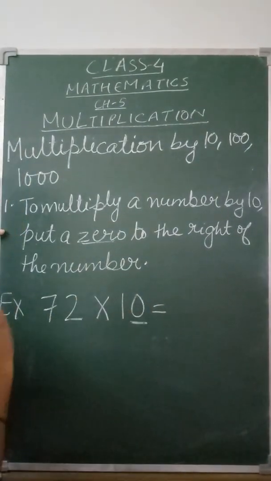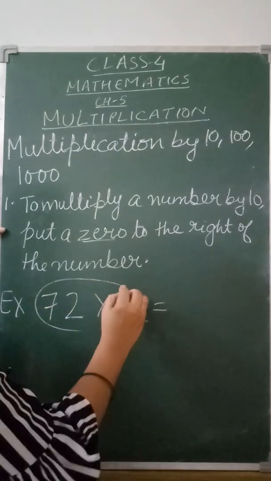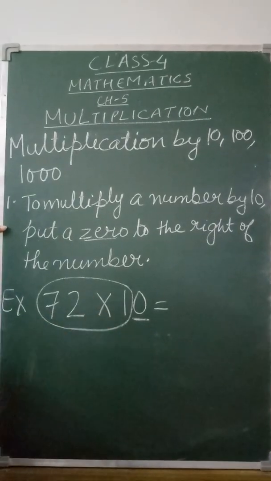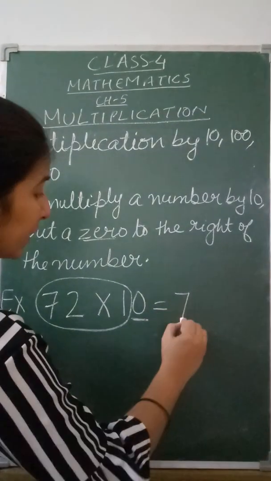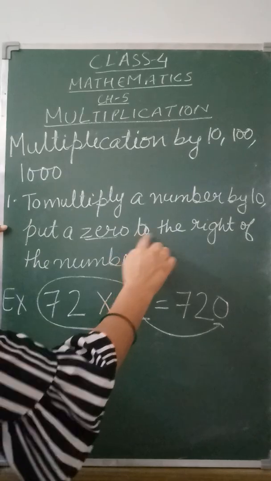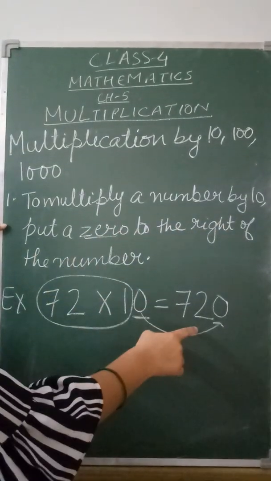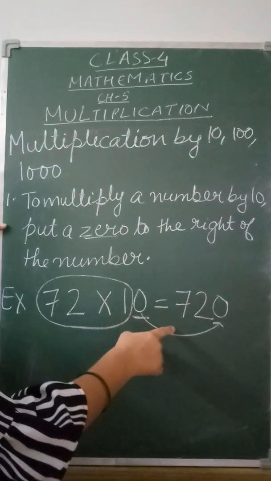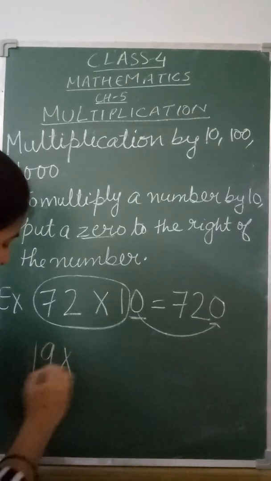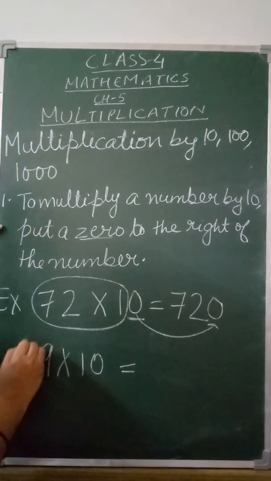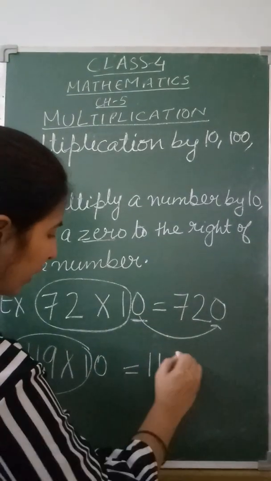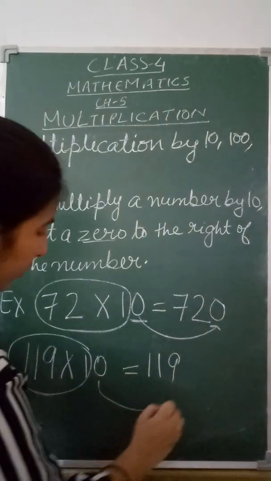Leave this number for a minute. You know how to multiply this number? In the property just now, I explained 72 multiplied by 1. When a number is multiplied by 1, what is the answer? The number itself. And how many zeros are there? One 0, write one 0 here. Put a 0 to the right of the product. So this is the way to do the calculation. Suppose the number is 19 multiplied by 10, or 119 multiplied by 10. Again the method is the same, whether it is a 2-digit or 3-digit number.